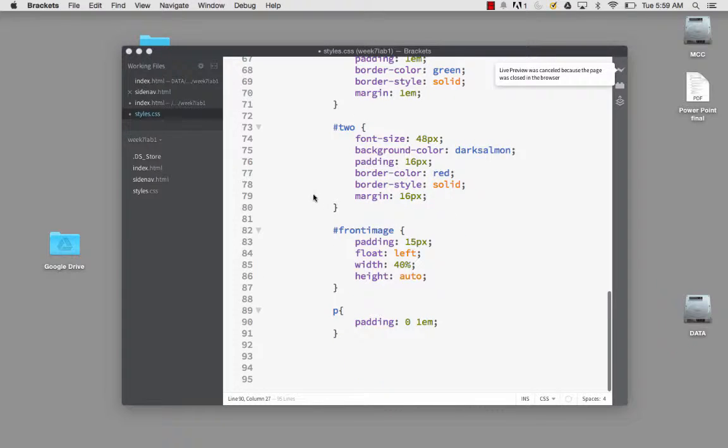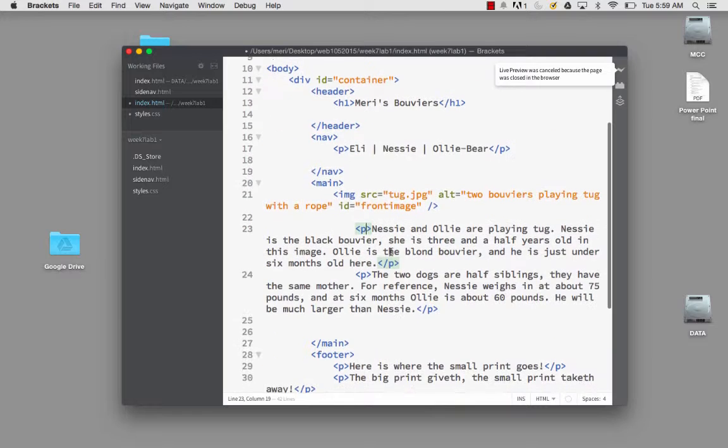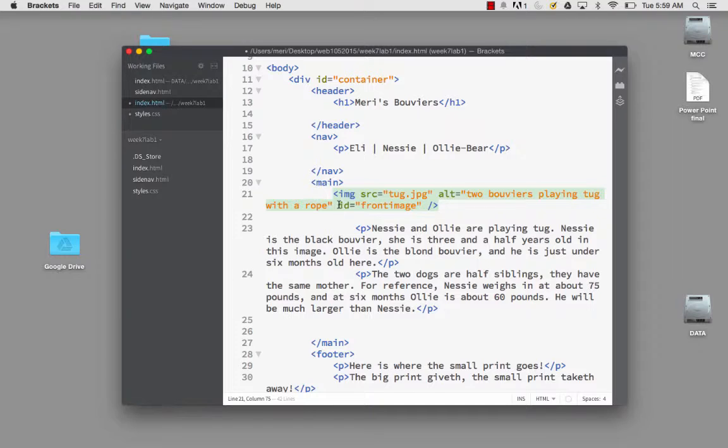So the basic HTML is really simple. I've just added an image source. I've given it an ID so that I can style just that image. And if I pull that out, I'm just going to put a